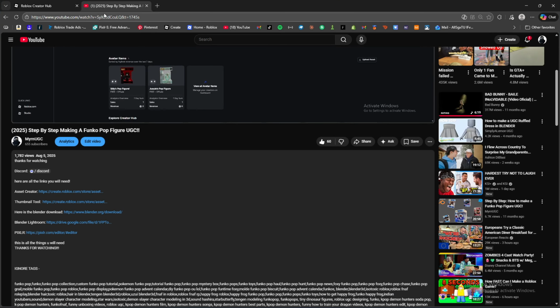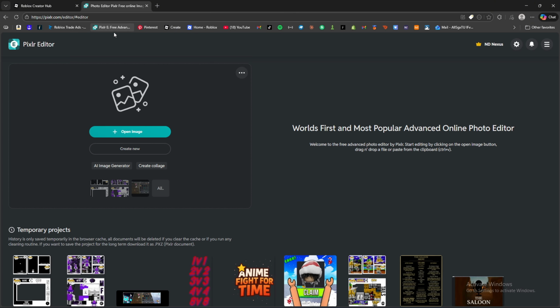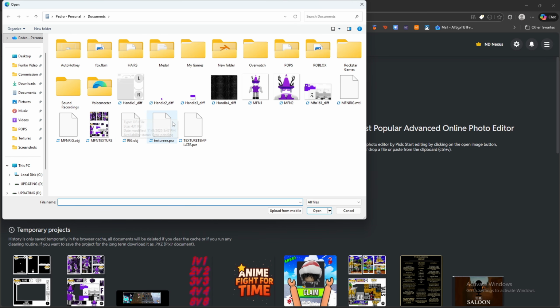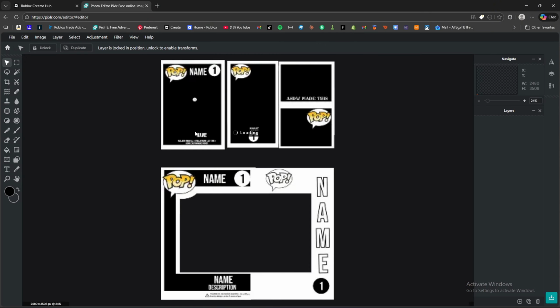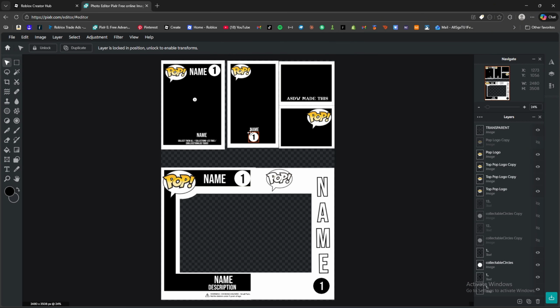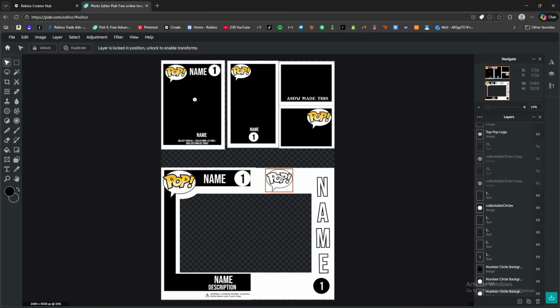Boom. Here. We're gonna go to Pixlr. We're gonna go to open image, and it's gonna be named texture template.pxz. Boom. And it will open up all of this. Now I'll show y'all how to use this real quick. What we're gonna want to do, firstly,